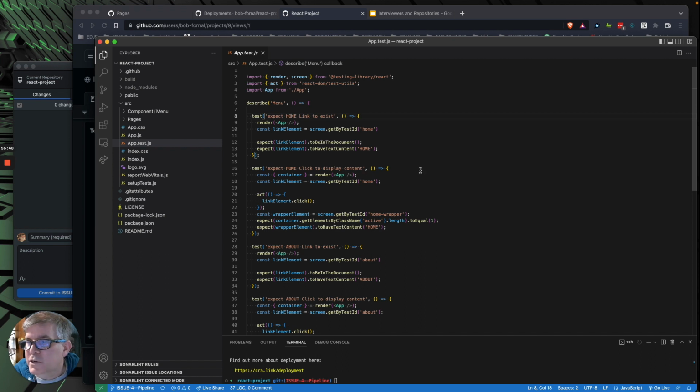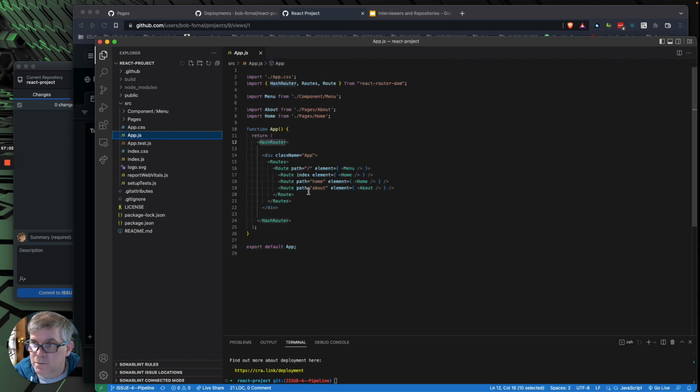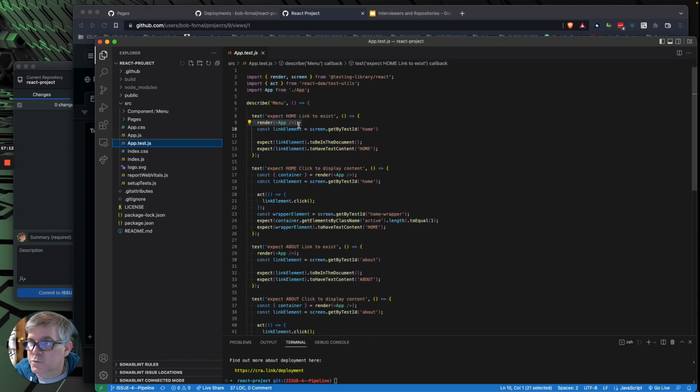Okay, so what am I doing here? I want to show the unit tests. I want to talk about your unit tests, okay? So we're testing menus. This could have gone under menu. But what am I doing? I'm rendering the app. Okay, notice the app has the full navigation. Okay, it has the menu getting spun up. So in our test, we're spinning up the app. We're testing, we're getting the ID home.